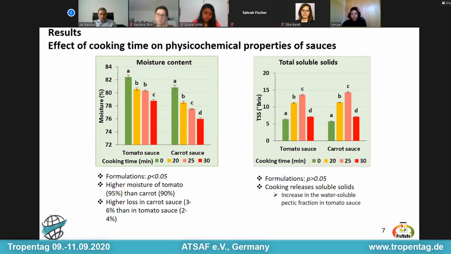So the total soluble solids increase because during the cooking, there is a release of soluble solids, including sugar and some acid, which include the water-soluble pectic fraction in tomato sauce. And this, for the case of tomato, could be also the reason why the moisture retention was higher, as water is more bound to this pectic fraction. So maybe the rate of